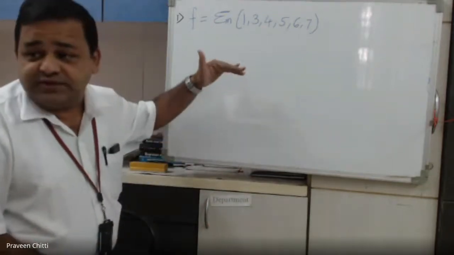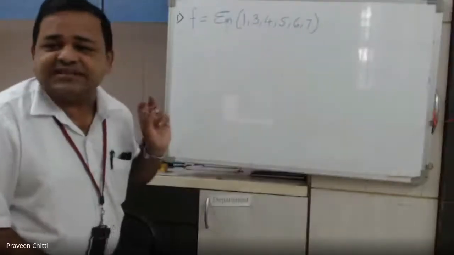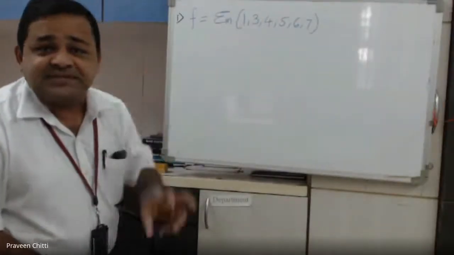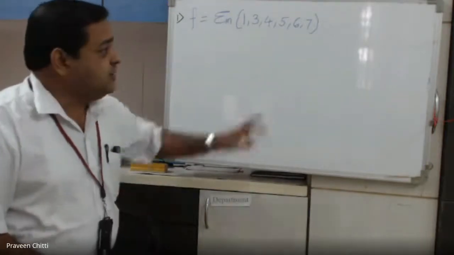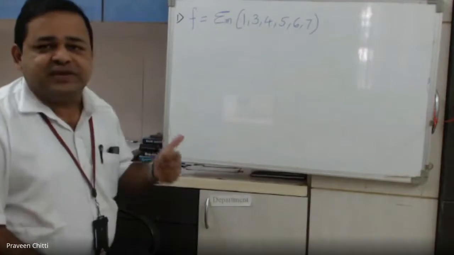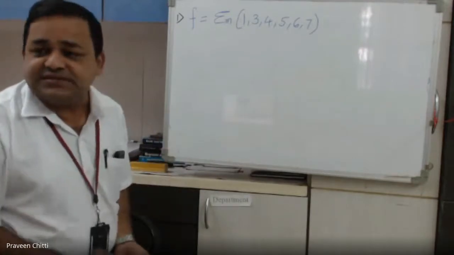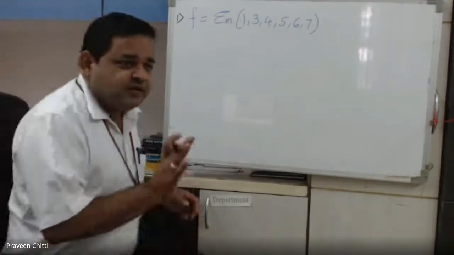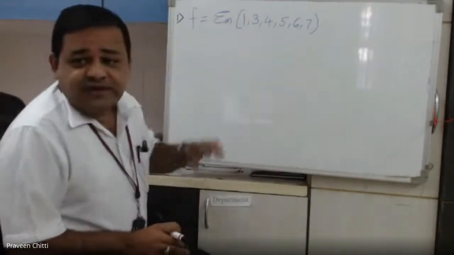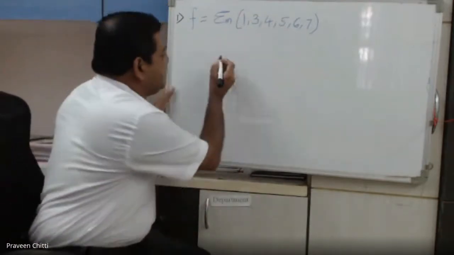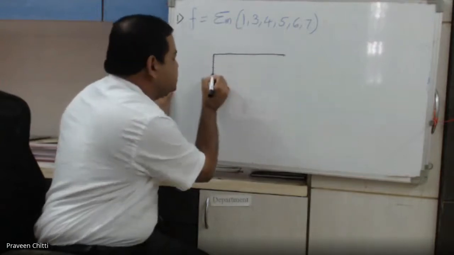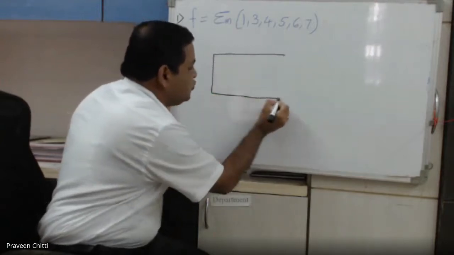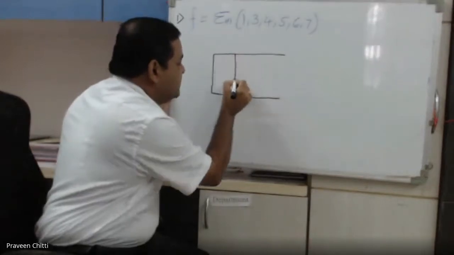Yes, Sohan, understood? Yes, sir. So you have to check the maximum number there, and decide how many variables are required to represent that maximum number. Here the maximum number is 7, so we need 3 variables. Is that clear, all of you? So after identifying how many variables there are, the next important step is to draw a 3 variable K-map.